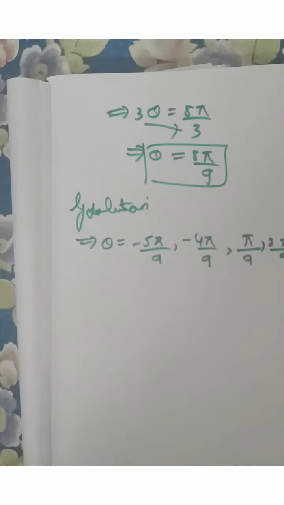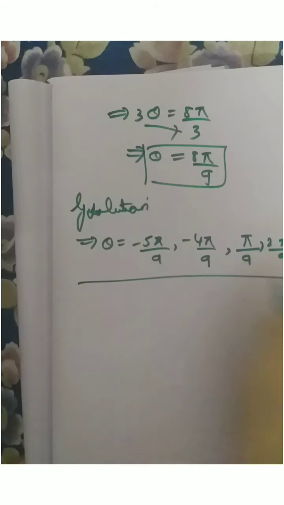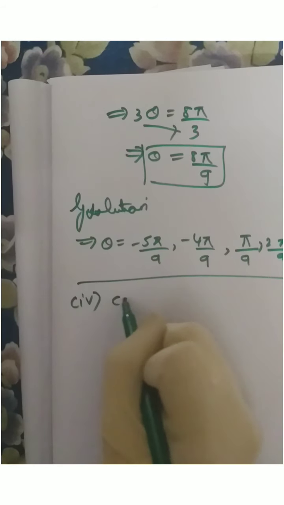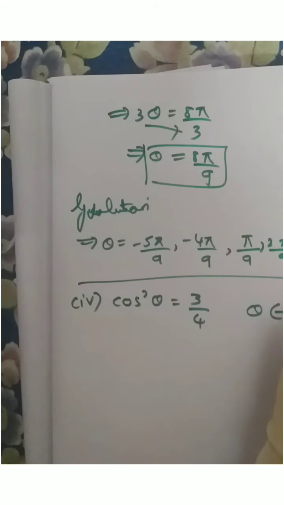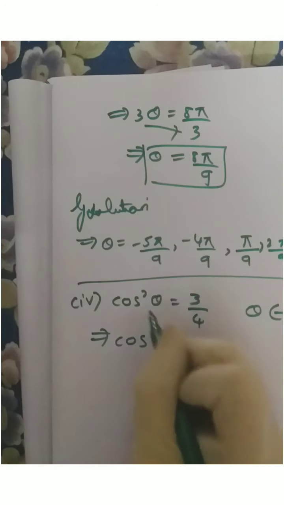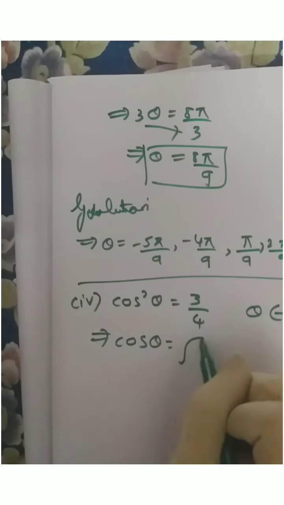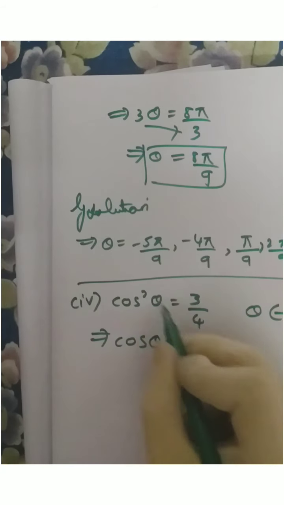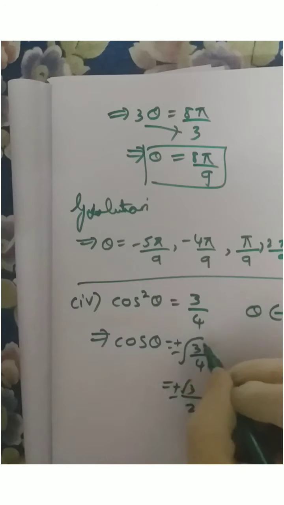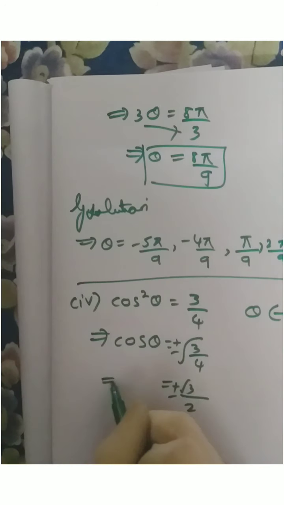Moving on to the second bit. The second bit is solve cos square theta equals 3 by 4. So cos square theta equals 3 by 4, and here the range given is theta belongs to 0 comma pi. So I know that the square, if it goes that side, becomes square root of 3 by 4. That is nothing but square root of 3 by 2, and here I have plus minus because a root is coming. After the square goes, a root comes, and it becomes plus or minus.